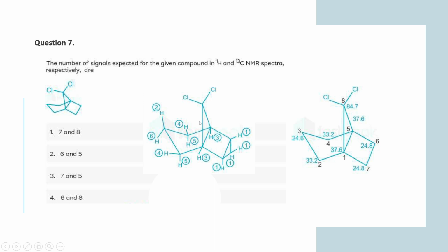Their electron densities around the protons will also be different due to the presence of the chlorine atom now. Due to the molecular orientation, the two protons, axial and equatorial, will give two different signals. And in a similar way, this carbon is also symmetric to this one. So both the protons present in this carbon, the fourth one, are actually in the above face, in the same face of this bridgehead